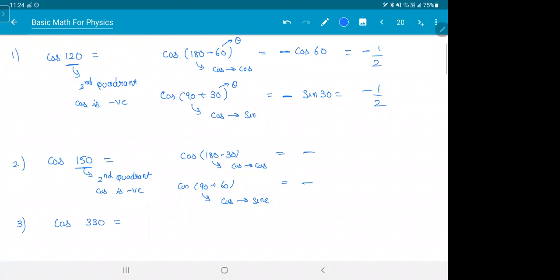So what do you get? Minus sign, minus cos 30. Why? Because cos is negative in the second quadrant. So 180 keeps it cos 30. This thing becomes sin 60. Cos 30 is root 3 by 2. Sin 60 is also root 3 by 2. Does this make sense? Everyone is getting the process? Try cos 330. Anyone who didn't get any step, please ask me. Any step you're confused about, please ask me. I'll explain again.